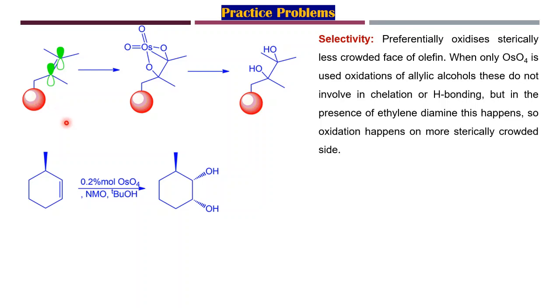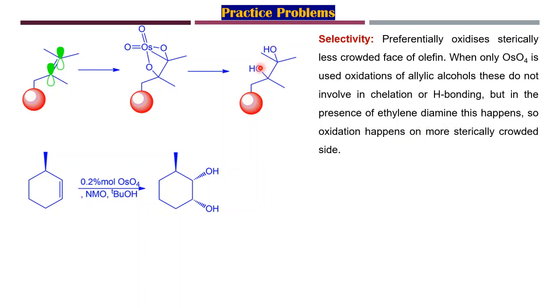And so the OH group helps the osmium tetroxide to undergo a 3+2 cycloaddition reaction with the alkene from this side of the lobes,